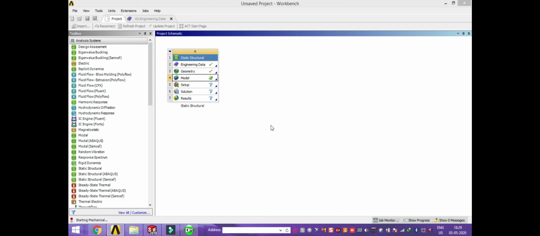After double clicking you will get another screen, the model screen. In that we are going to apply boundary conditions.